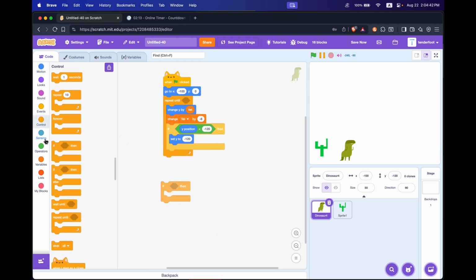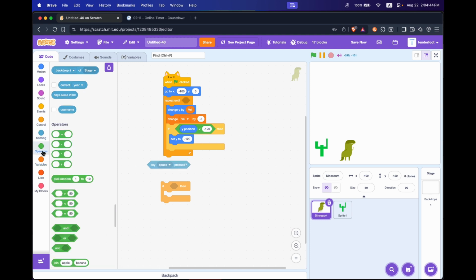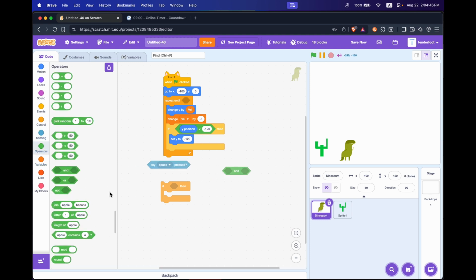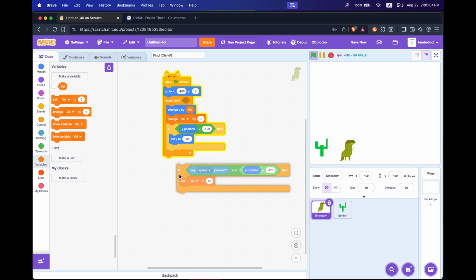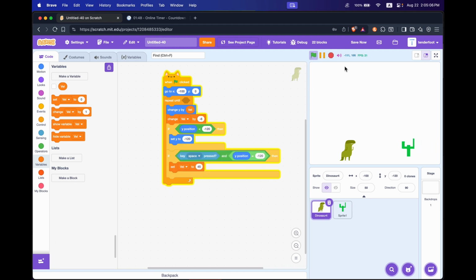If spacebar key is pressed and y position is equal to -120, just to check if we're on the ground, because you don't want to jump in the air, then we set the velocity to 45. Okay,